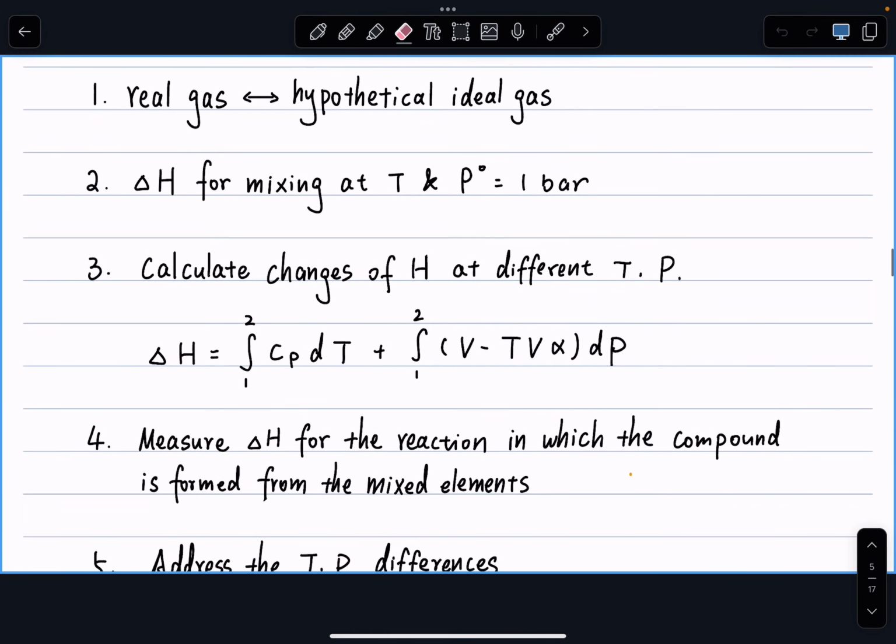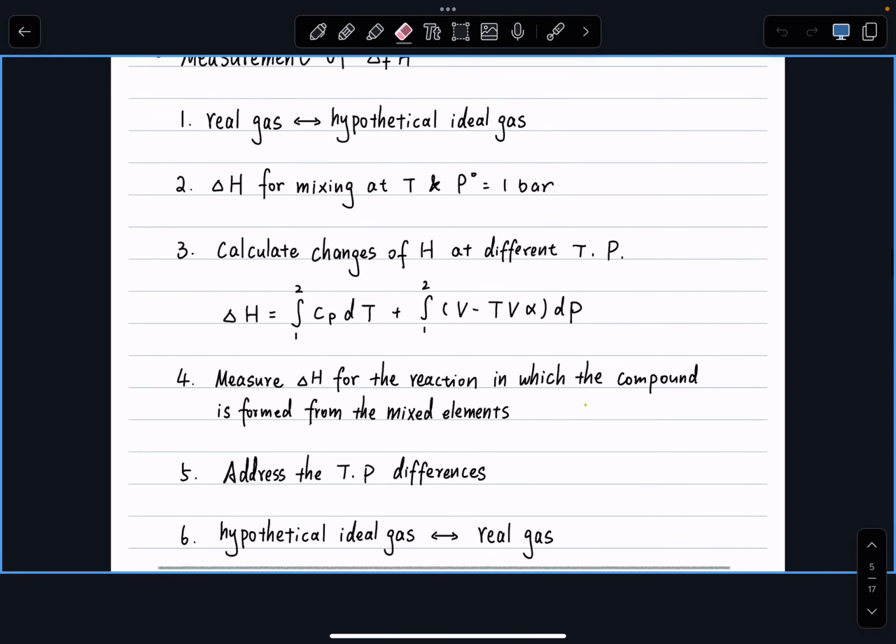All right, so measurement of the heat of formation. I'm going to copy these on the board and also give you a little more information, and we can do it together. So think about what the goal is here. We're trying to set up a way so we can measure the standard heat of formation of something that we want to know.